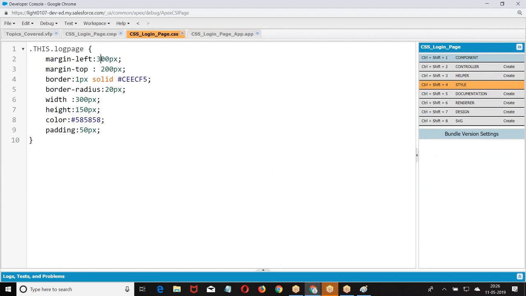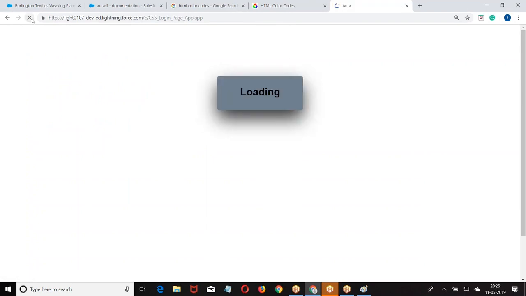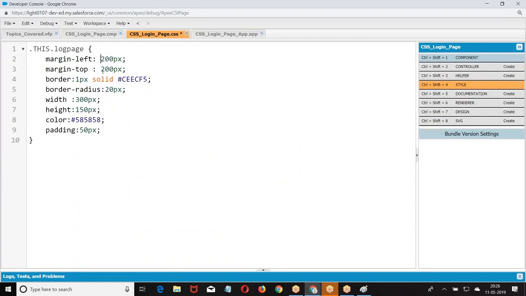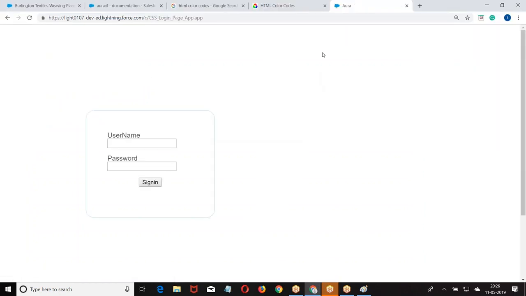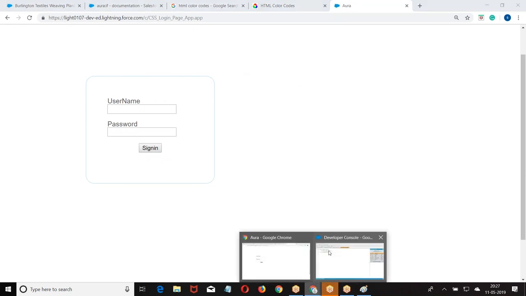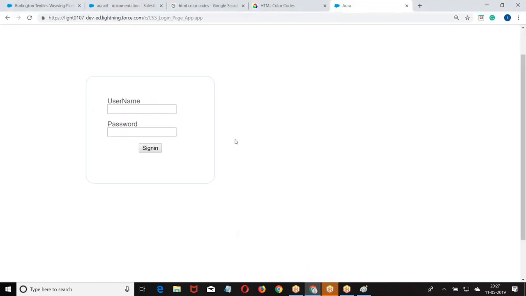I give 300, I'm just reducing to 200 here. So basically what we are trying to do is build a page which will meet your requirement. Margin top, where was that width? I hope you're good with this. Let me create the structure. Now we are trying to apply the CSS and create the structure that we need.